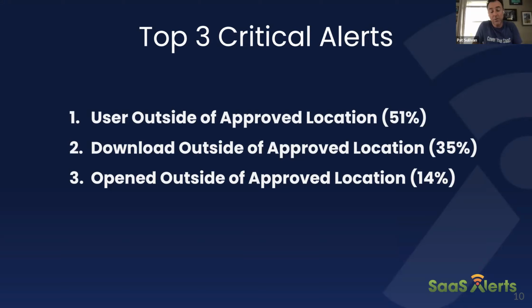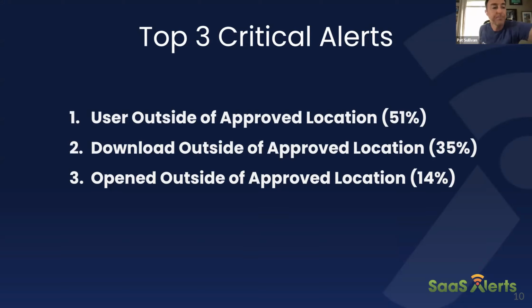So if you ever do see someone outside the approved location and you've got it set up properly, that being SaaS Alerts, you might want to investigate that a little bit further. Coming in second, downloading outside approved location, and third is opening files outside approved locations. All of these are something that should be, if set up properly, 911 incidents that you should immediately be contacting your customer about because something is happening outside of those